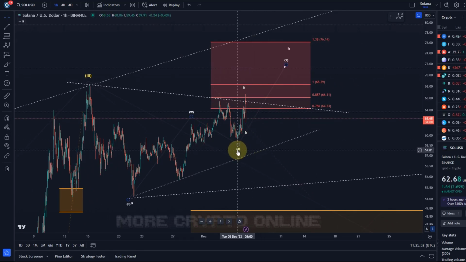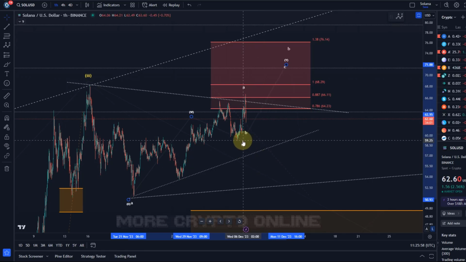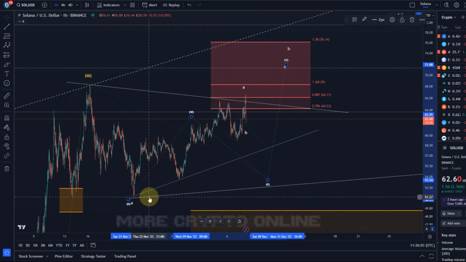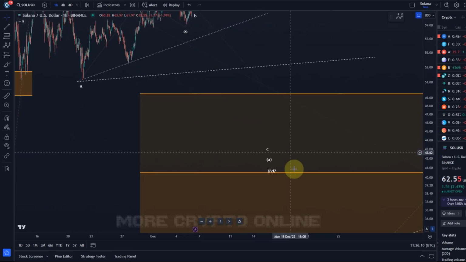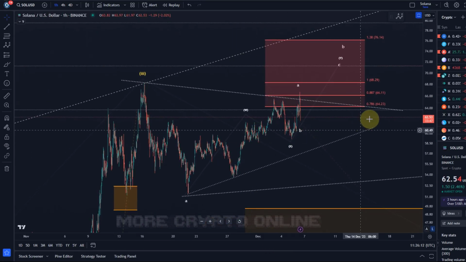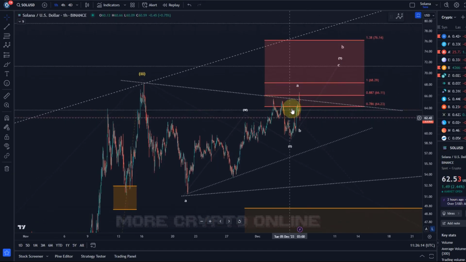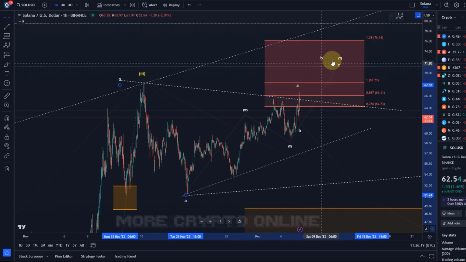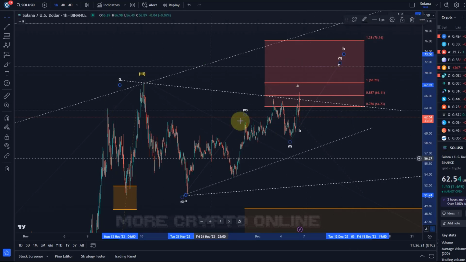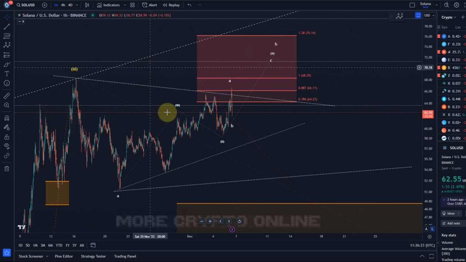If we break below the X wave low at $59, then it likely is just an extension of the X wave. So the X wave can extend all the way to $51.40. Below that level, we have to assume that the decline is already in the making. So it keeps us on our toes. It reacted again very strongly to resistance. Can I rule out that the B wave is already complete? No, it's just very dynamic within these corrections.